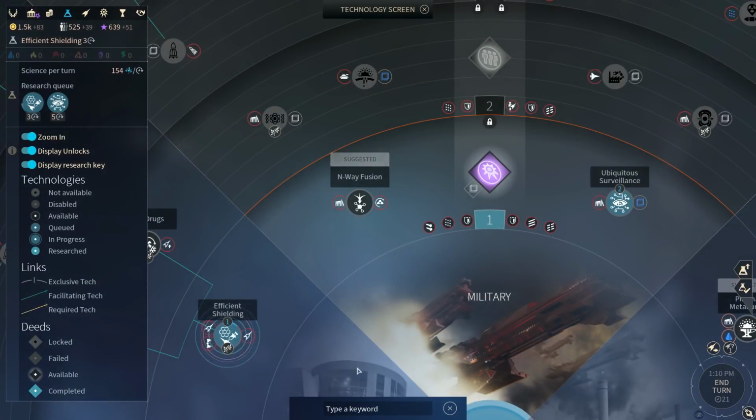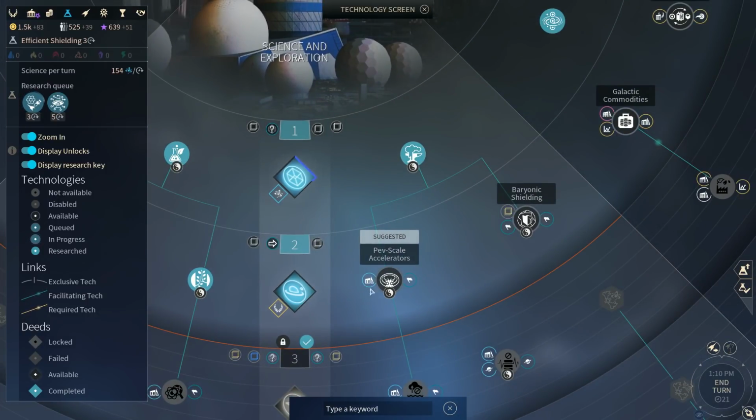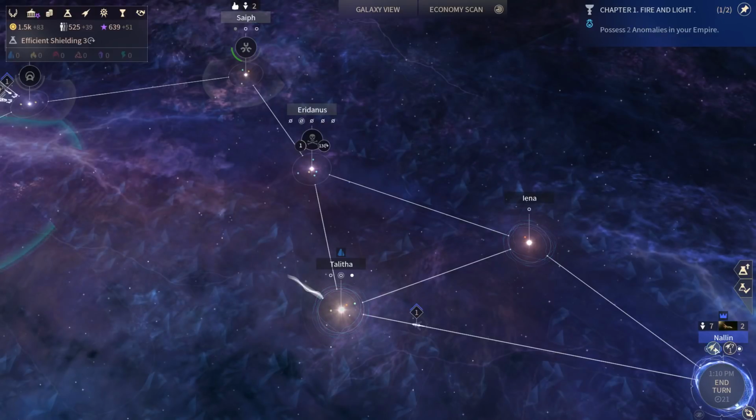Can we improve our scout ships? We unlocked a new type of probe, didn't we? Oh, we did, I think. But I'm pretty sure it requires titanium, or we came close to doing it. Yeah, here's a probe that requires Hyperium. We don't have any of those resources yet. All right. We can now...